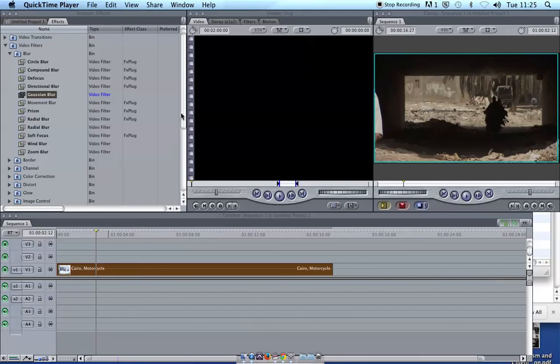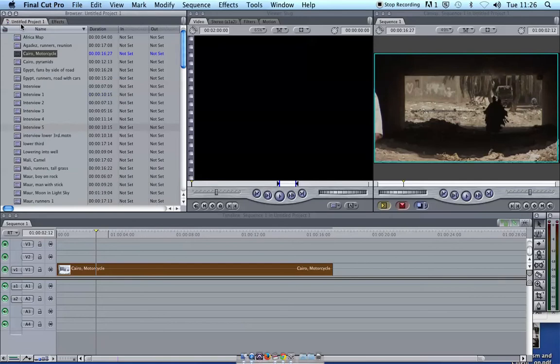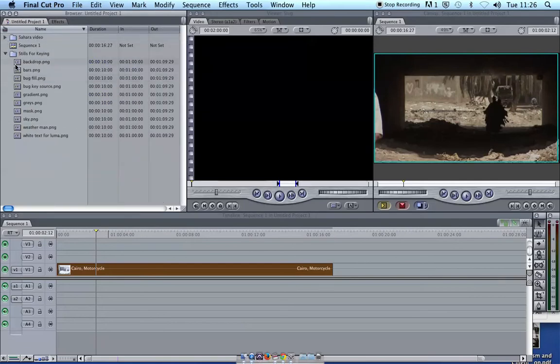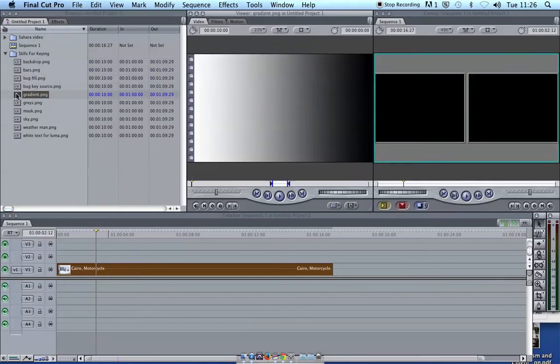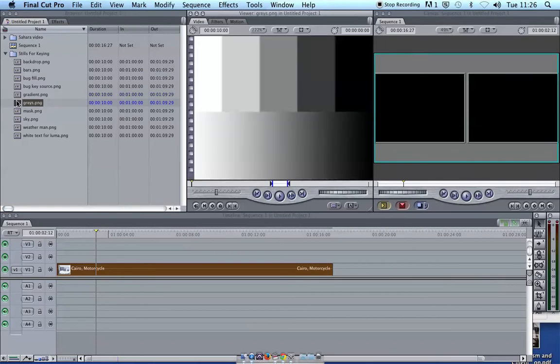Okay, so this video is going to look at some underlying principles of keying using what are called travel mattes in Final Cut Pro. Travel mattes are basically made up of two things. The matte refers to a matte image, and a matte image is an image that is going to be used to control the transparency of an object, and we're going to use some simple images such as bars and grayscale gradients, grays and things like that, just to show you what the matte image can do